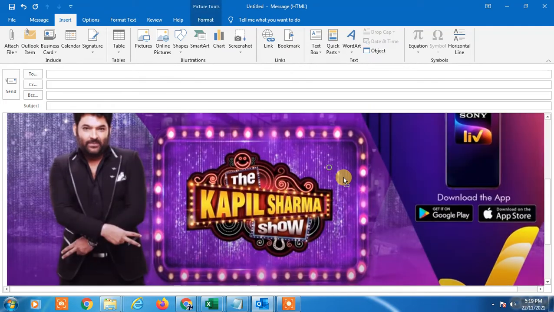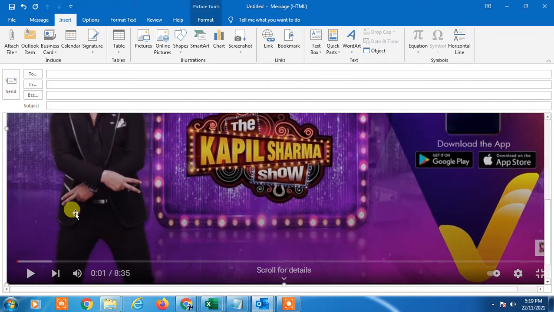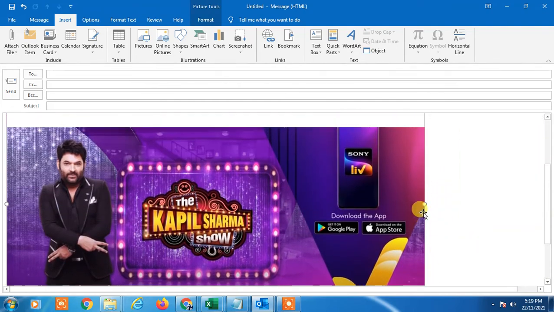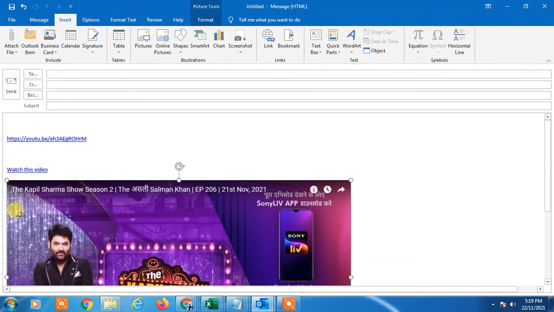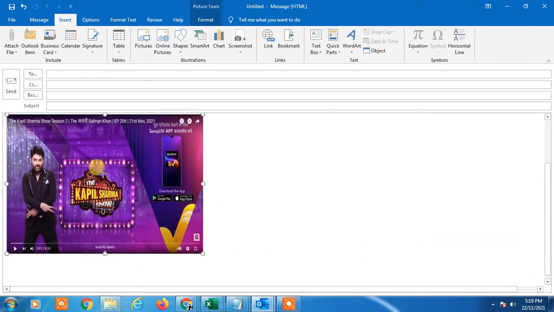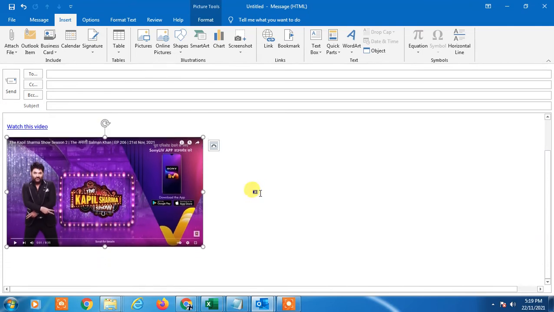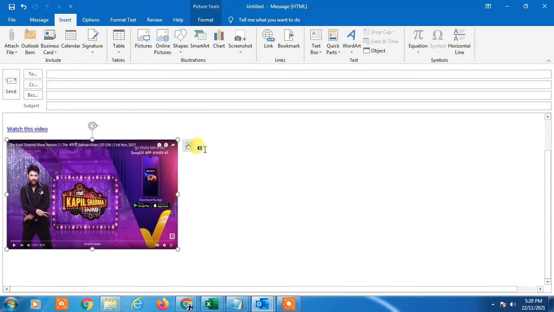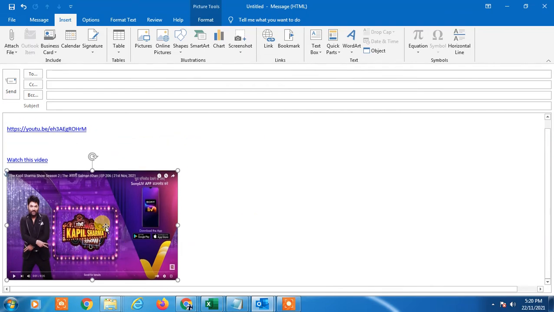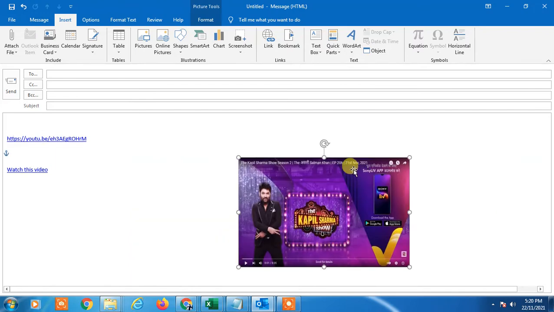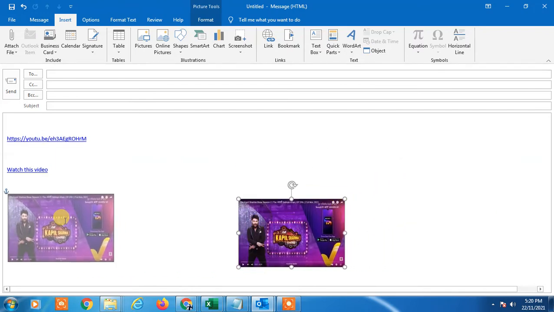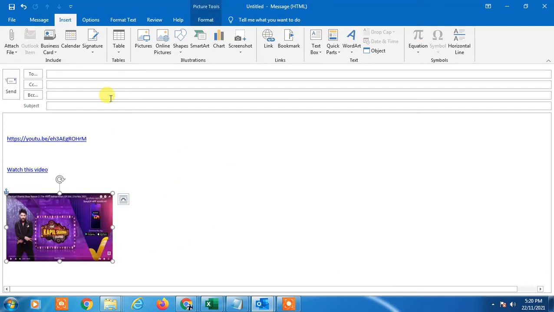You can make it small as per your requirement, or you can edit it in your editor. Okay, I just make it small, and if you click on it and choose in front of text, you can move it anywhere if you want. I make it as small as I want, and select this image, and now you have to go to insert,